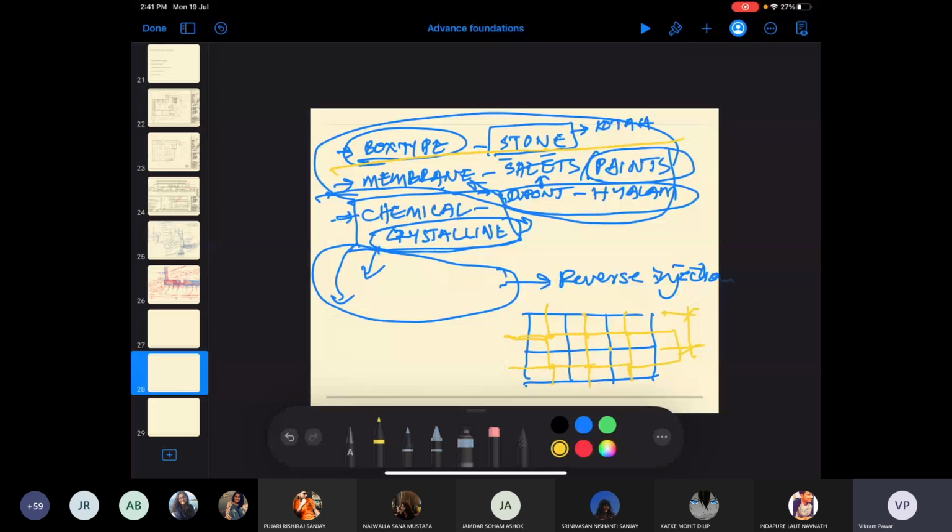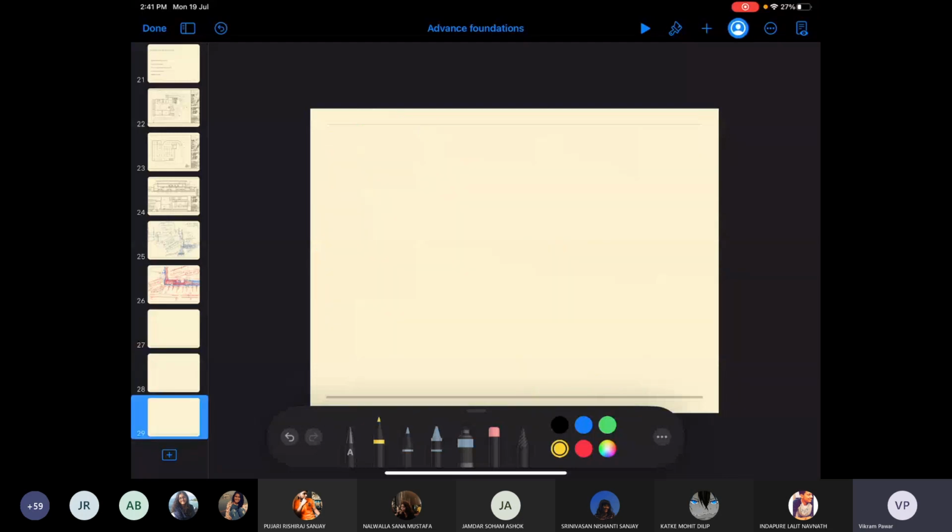The second is membrane waterproofing. So instead of this box type waterproofing, you are applying a membrane. Now this is your wall, and you are doing a membrane waterproofing on the outside.